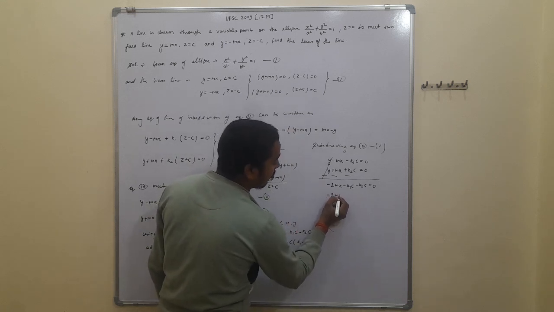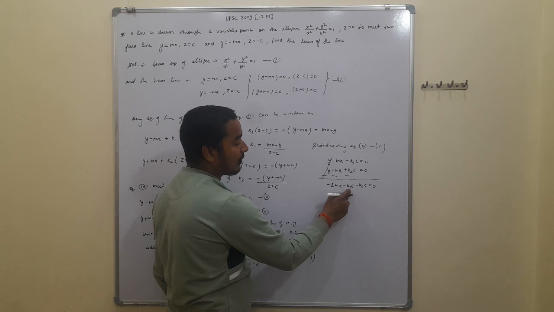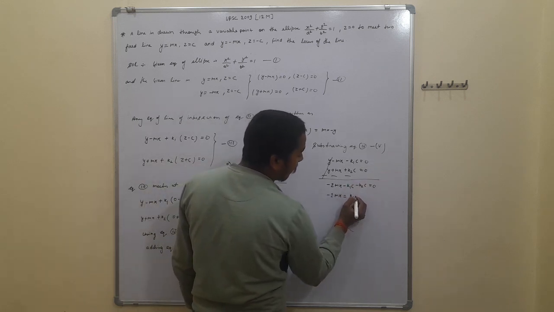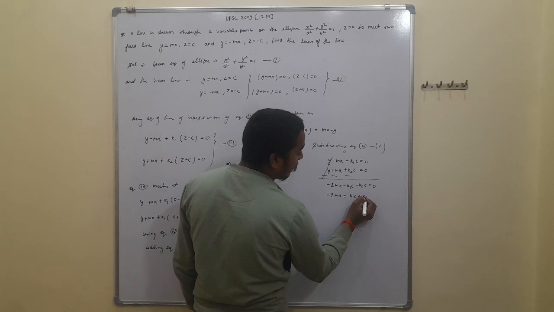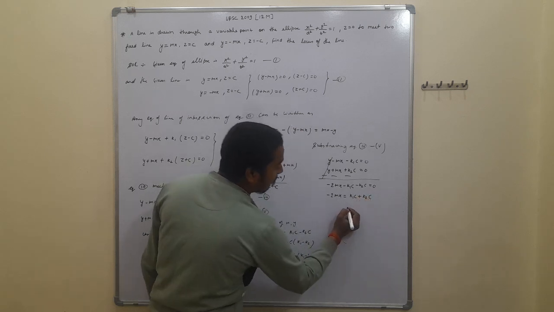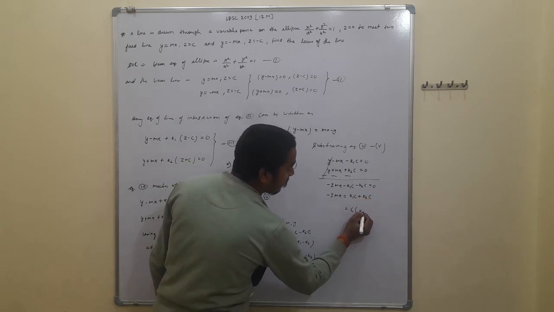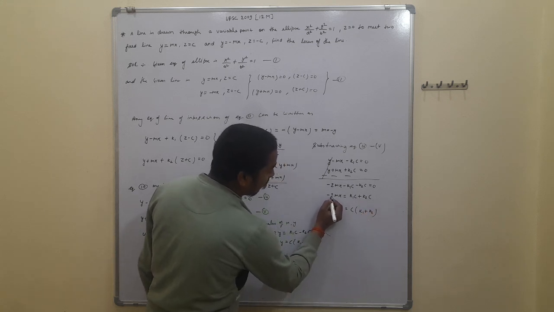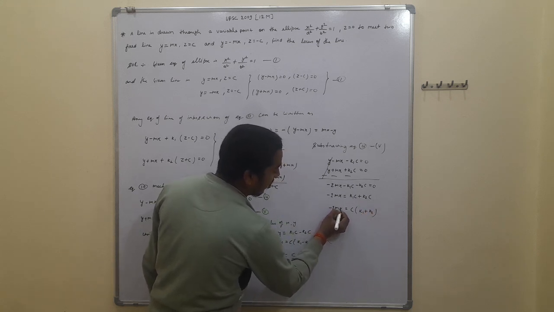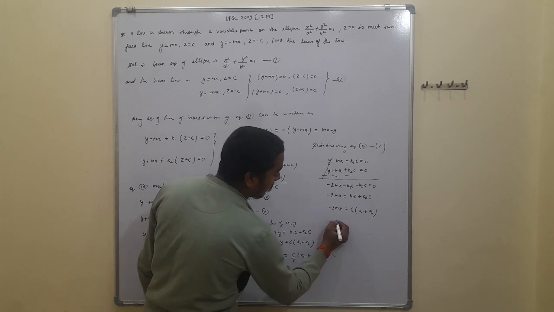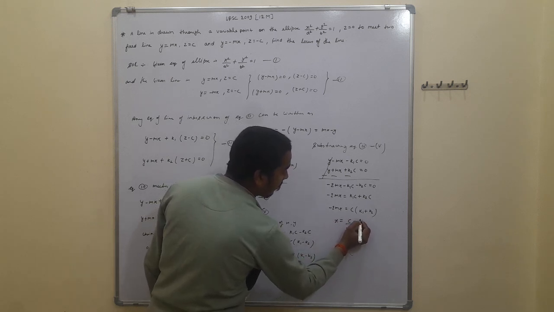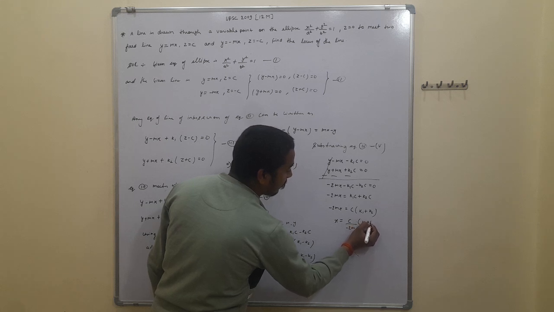and from here minus 2mx is equal to minus k1c and minus k2c is taken to the right hand side, that is plus k1c and plus k2c, and from here we take common c, that is k1 plus k2, and this is minus 2mx. We find the value of x here, that is x is equal to c upon minus 2m into k1 plus k2.